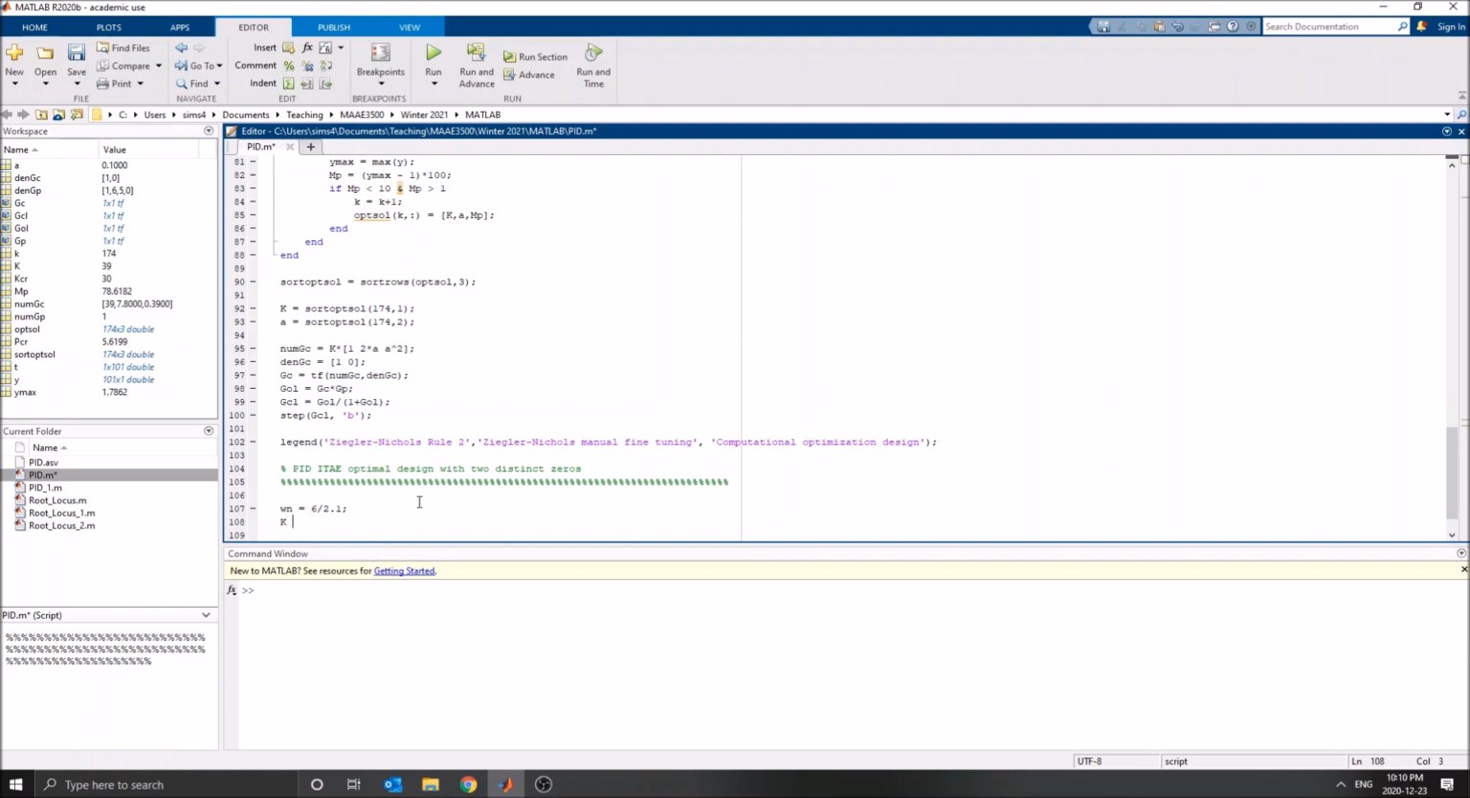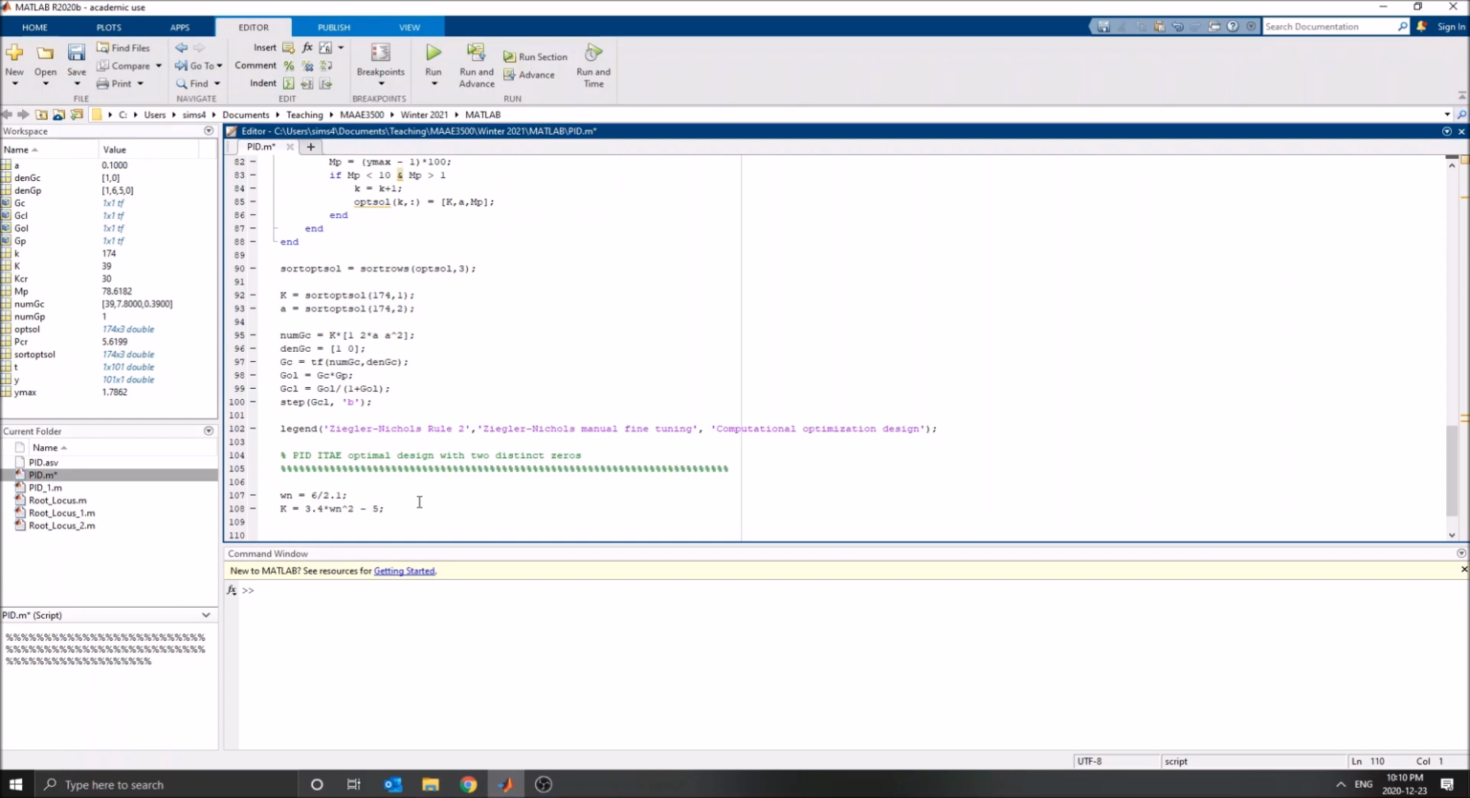Next, we're going to use the second equation to solve for the gain value k. It's going to be 3.4 times omega n squared minus 5. And then the last two equations that we have are there to provide us with the solution for